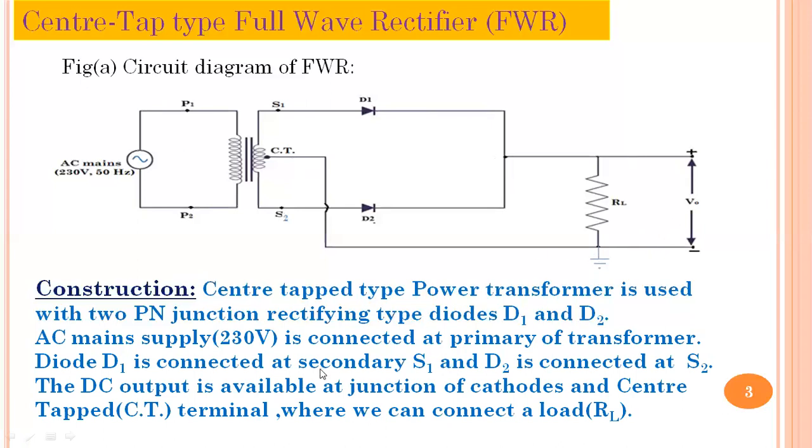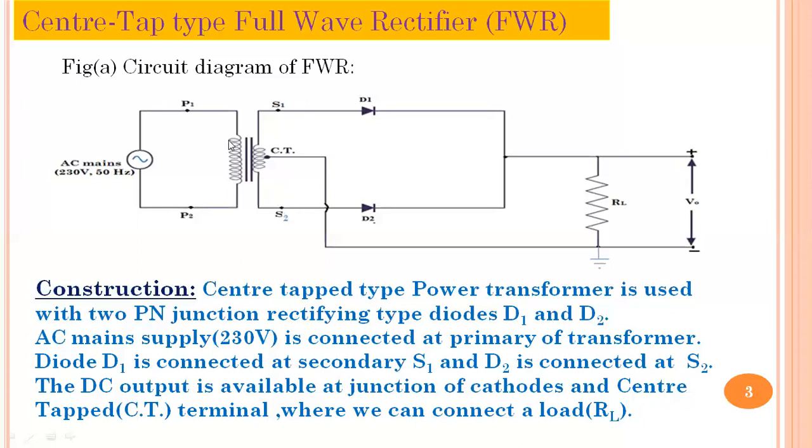So this is a very simple construction by use of a transformer. Remember here, for this type of rectifier, we always need a center tap type of transformer, without which construction of the circuit is not possible. This is one of the drawbacks of this circuit. That means we can't construct the circuit by using a transformer without a center tap terminal. Even as with the half wave rectifier you have seen, if lowering of voltage is not required, we can construct the circuit without a transformer. But this one always needs the center tap type of transformer.